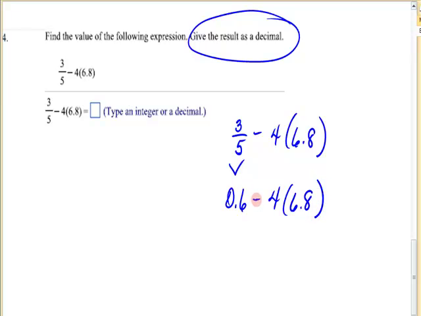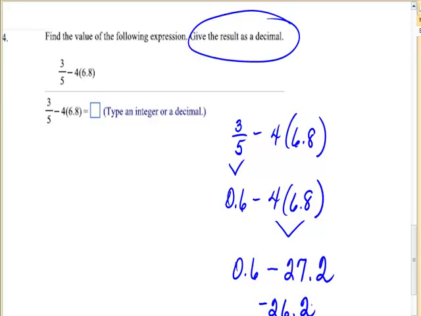Now, I have subtraction and I have multiplication. So I'll do the multiplication first. So I have 4 times 6.8. I'm going to have 0.6 minus, this product is 27.2. So now I have 0.6 subtract 27.2, and I get negative